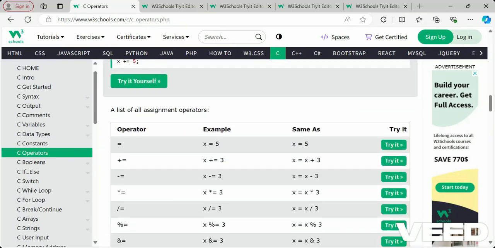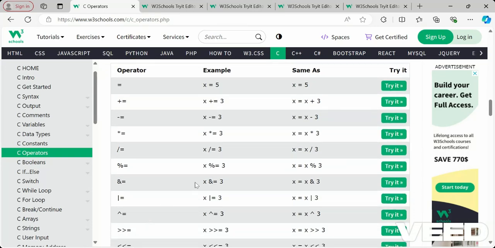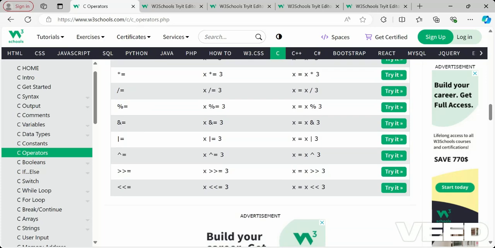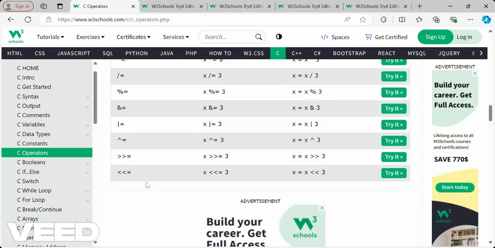X is equal to 5, plus equal to is nothing but x plus 3, minus equal to means x is equal to x minus 3, star is the same. All the arithmetic operators can be followed by equal to, so it is x is equal to x times something, x divided by something, like that. Okay, and then the same will go with logical operators, and other things as well.